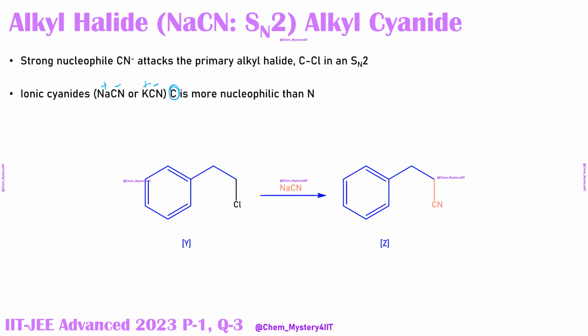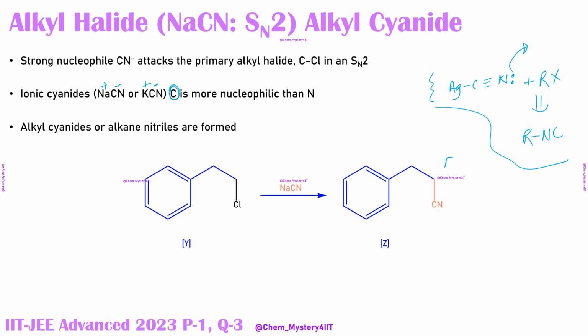If this was some covalent cyanide like AgCN, then because the carbon's lone pair is not readily available, in case of AgCN, because this bond is not completely broken, the nitrogen becomes more nucleophilic. That was the case. If you are reacting this compound with RX, that was known to give us RNC. So isocyanides result when we are using covalent cyanides. When we are using ionic cyanides, carbon being nucleophilic, we get the cyanides as the product, or the nitriles, as these compounds are sometimes called.